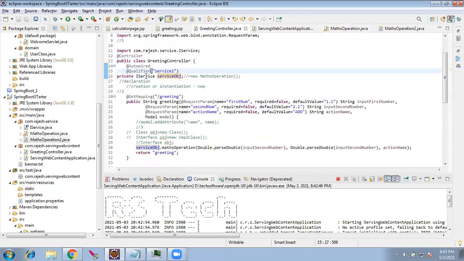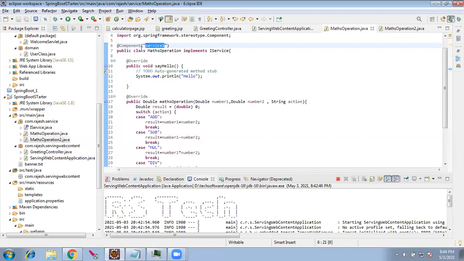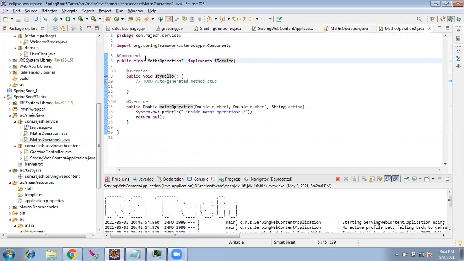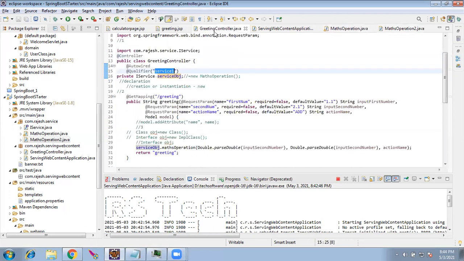Instead of giving new Max Operation 1 here, we are giving a keyword here and the same keyword there. For this 2, we'll give one more name. A short form, we call it qualifier. The component name is service2.